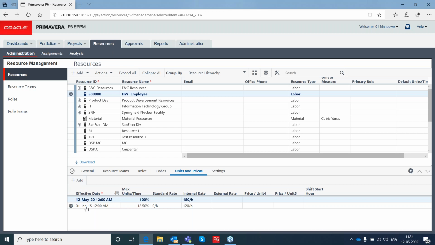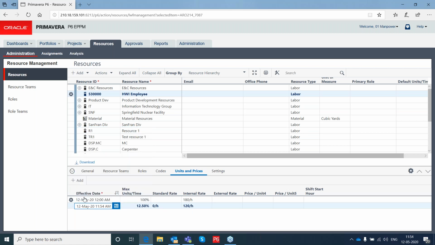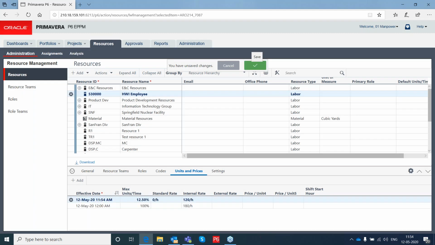From 1st January 2015, I can change these dates, right? This is the rate applicable. So this setting will help me in doing my cost calculations very effectively, right? So this is at the resource level, and when I go to the analysis,